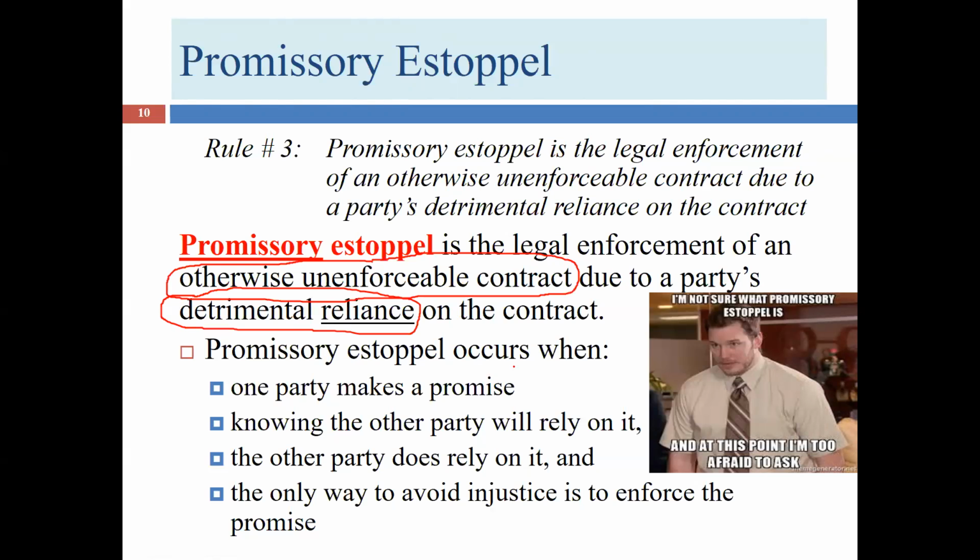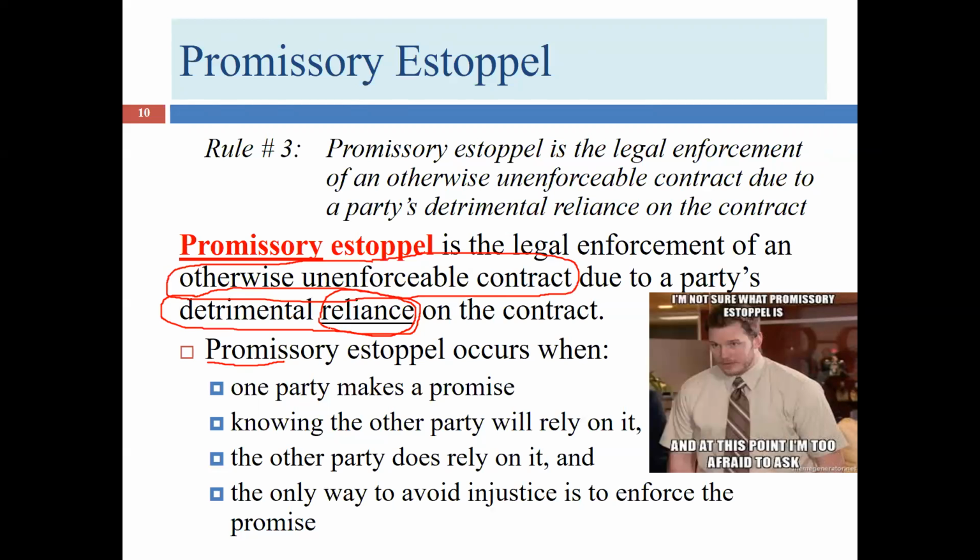Let's look, though, at some factors that might play a role in whether a court would apply this doctrine in a particular case. Well, obviously, to have promissory estoppel, one party has to make a promise. You can't have promissory estoppel without a promise, right? The other party has to rely upon that. We've already talked about that with this idea of reliance. The other party does, in fact, rely upon it. So one party makes a promise knowing the other party will rely upon it. Teresa knew Bob was